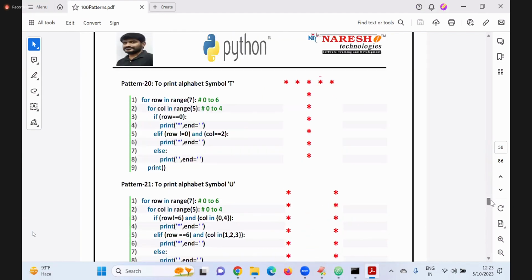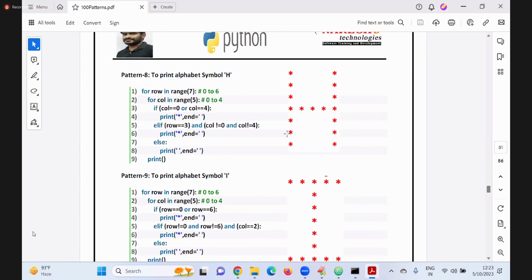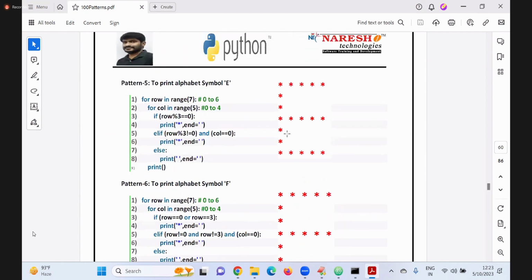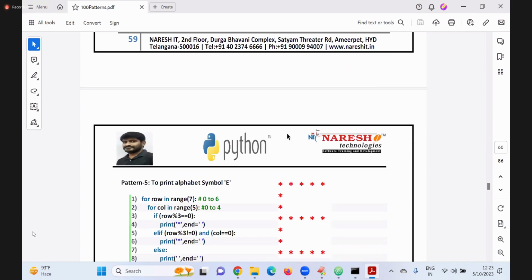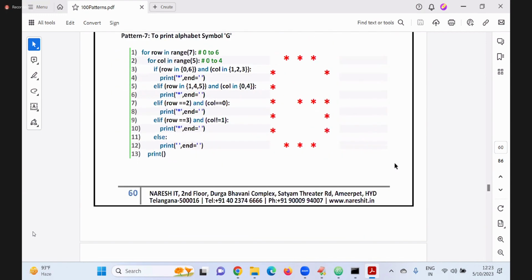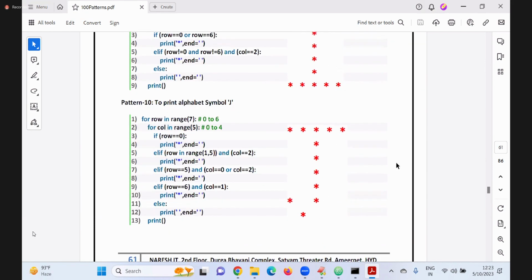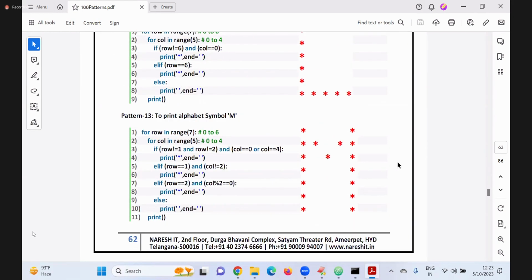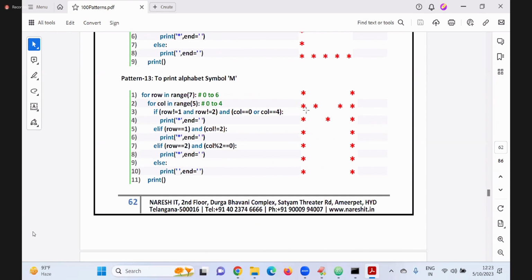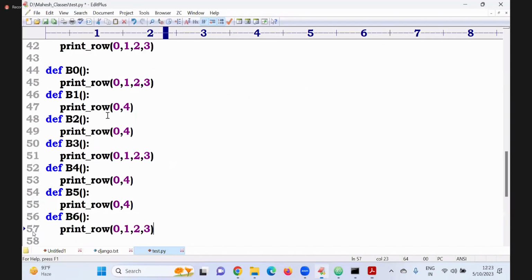A, B, C, D. M. ఫస్ట్ రోల్ ఎక్కడ సార్? 0, 4. చేంజ్ ఇట్. ఇదిగోండి 0, 4 మార్చండి.